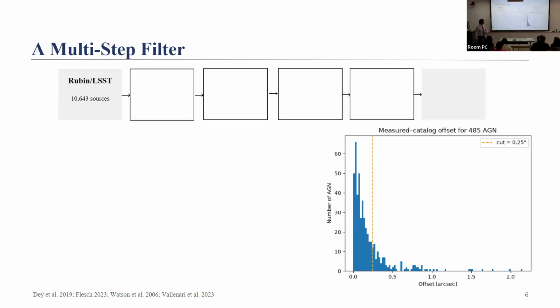So as you can see from the graph, 80% of our AGN have an offset of 0.25 arcsec. So that helps us estimate that if a source has an offset of 0.25 arcsec or less, then we say that they are located at the center of the galaxies. So that is there for you. Then we remove all the known AGN and stars using different catalog data that we have. After that, we did the main thing.